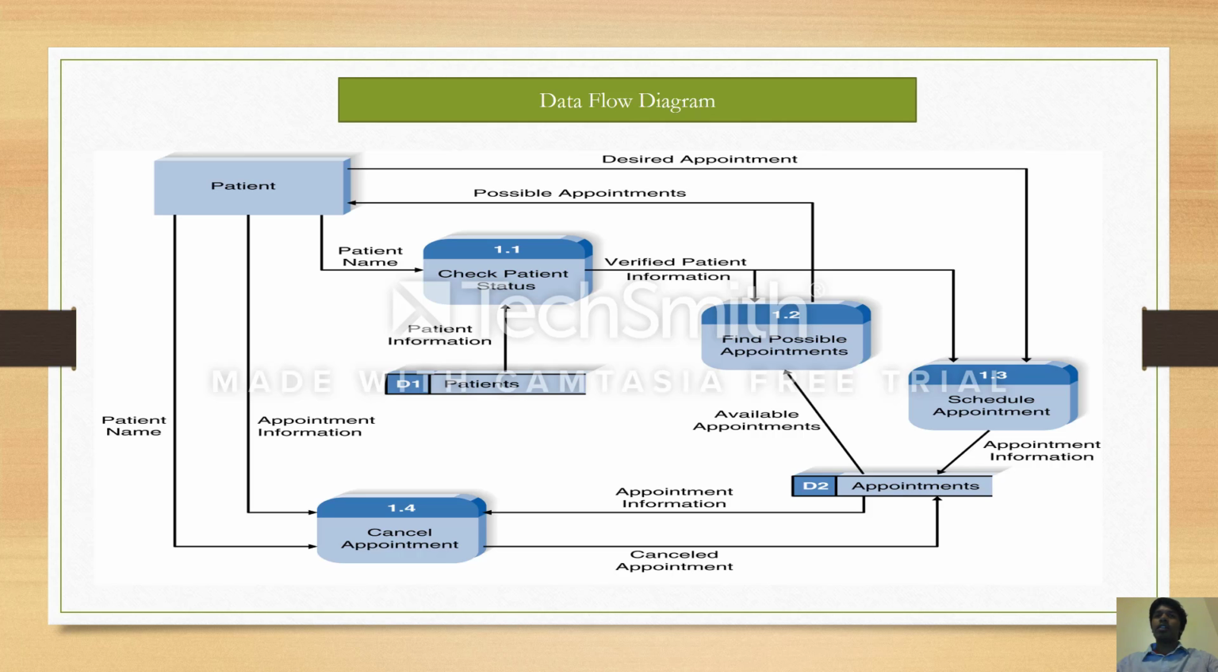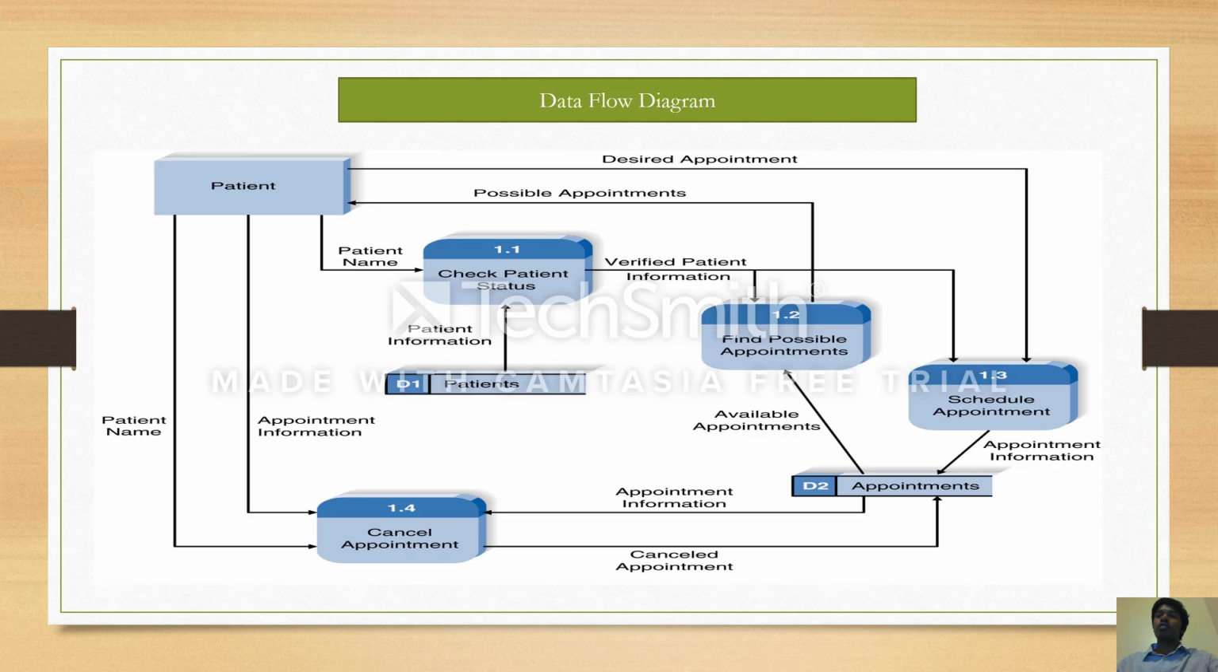So as we can see here, when a patient comes in, the first thing that is done is checking the status of whether it's a new patient or an old patient, if the system already has a record about the patient or not. So based on that, it is decided whether the patient will receive an appointment or not. Then if the patient happens to be a verified patient and the information is intact,